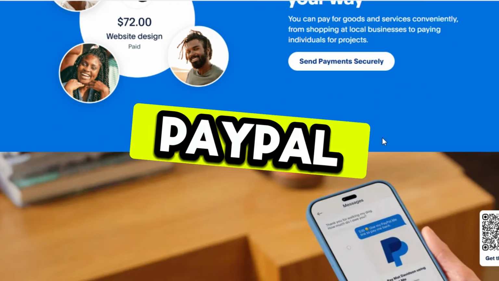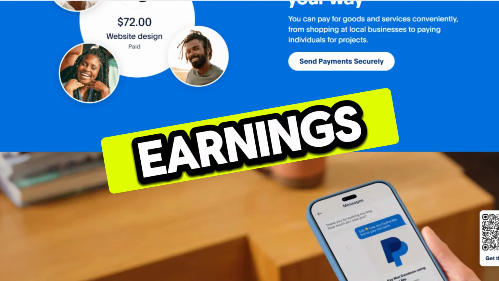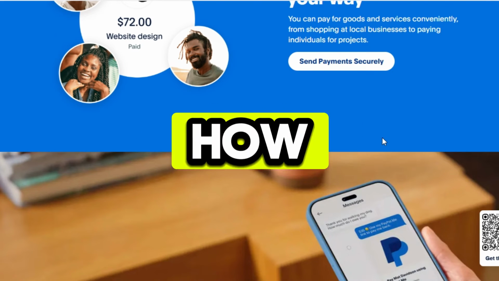Use a verified PayPal account to avoid payout issues. Redbubble sends payments once a month when your earnings reach the minimum threshold. That's how to connect PayPal to